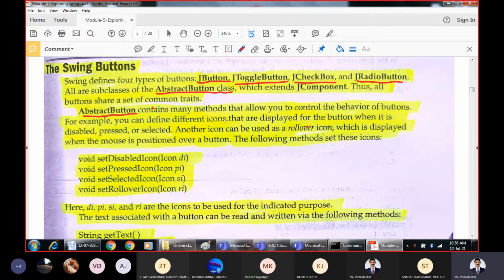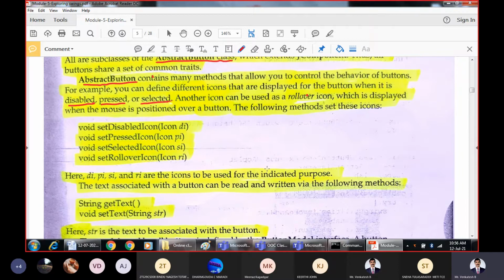For example, we can define different icons for the button whenever it is disabled, pressed, or selected. So different types of interactions we can do. If you are creating by using icons, the methods are setDisabledIcon, setPressedIcon, setSelectedIcon and setRolloverIcon.